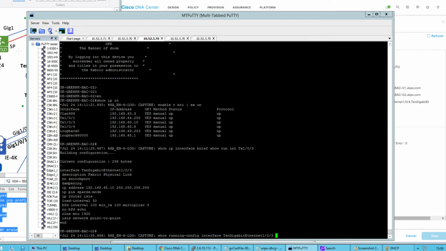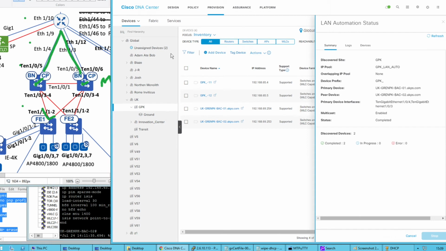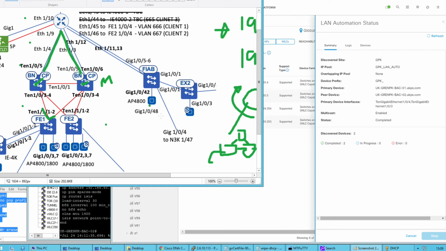Now, this is great for bringing up a fabric for the first time, sure. But what happens if this is your enterprise site? You start at a proof of concept, you put in a couple of borders, a couple of fabric edges, and then you do a test. You decide that SDA is for you. You can then start taking your old legacy switches that are connected up to your existing campus network, replacing them with a supported edge, for example a Catalyst 9K. And then you cable that to your border, or if you've got an intermediate node somewhere in the fabric,